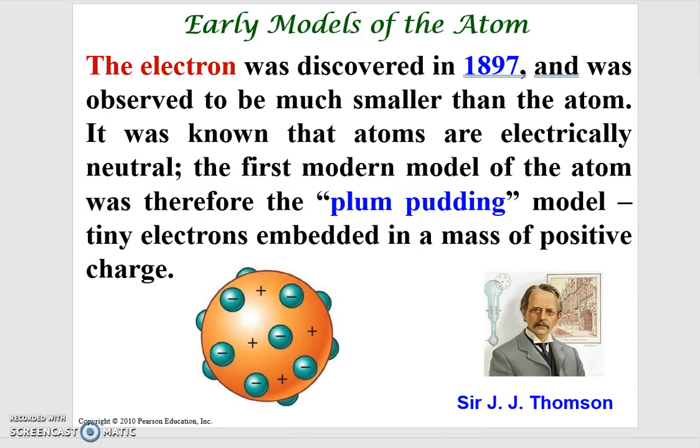Now, in the late 19th century, people invented another model of the atom. They thought that the electrons around the nucleus were embedded like in a plum pudding model. The electrons are embedded in a mass of positive charge. All the orange area here is the so-called positive charge, and the electrons are embedded on the surface of that. This means that the distribution of electrons is uniform on the surface, and most of the space of the atom is occupied by the positive charge, which is the nucleus.